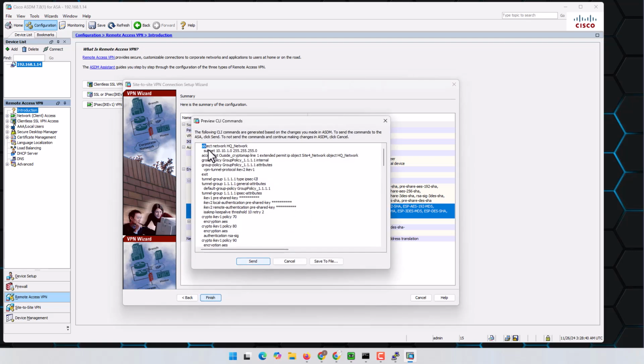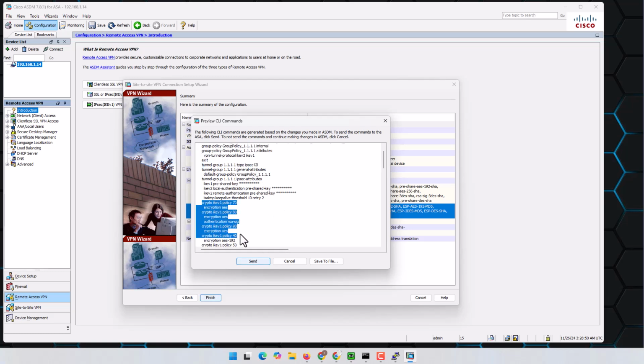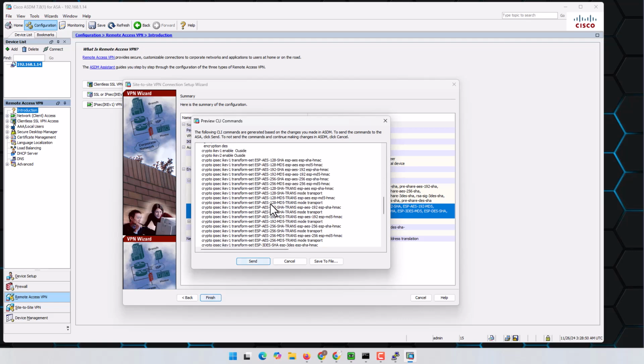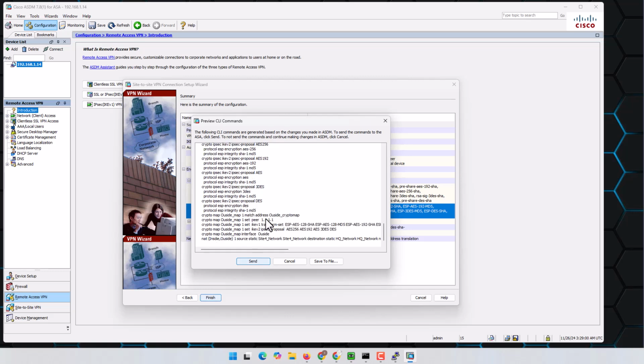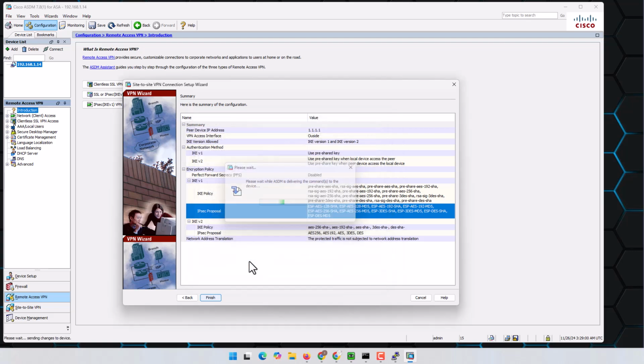You can see here the object network is created, then the tunnel group is created, then these are the different encryption types, and also IKE version 1 and version 2 types, and then at the end this information is enabled in the outside interface, and also a NAT is created for this. Let's send this information,